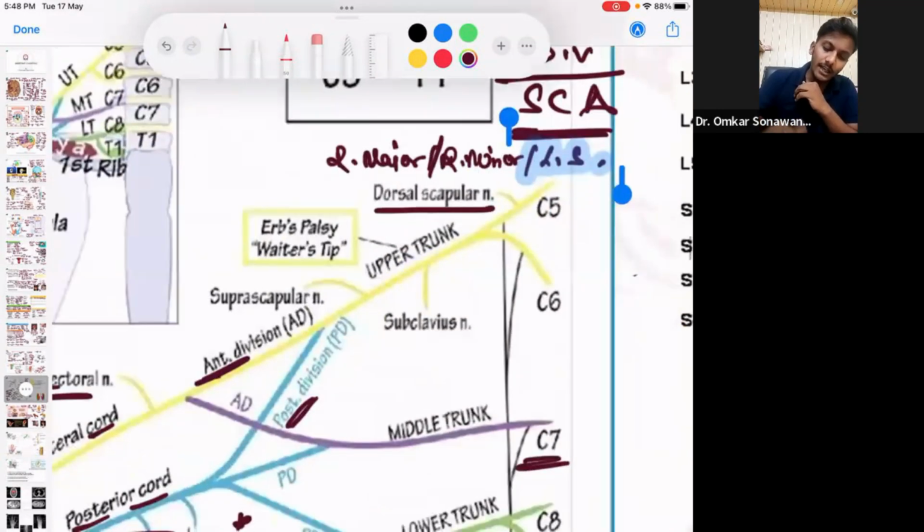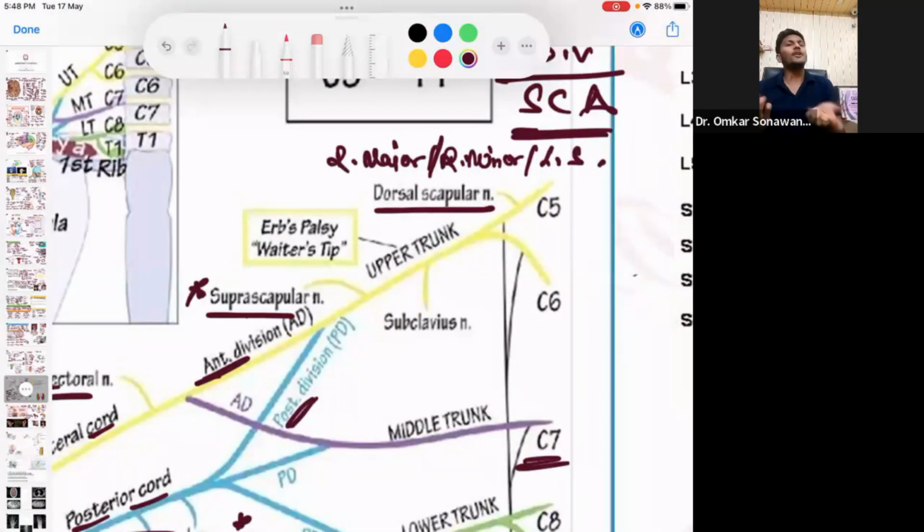Okay, important. Then the suprascapular nerve arises from the upper trunk, and this suprascapular nerve will innervate the supraspinatus muscle as well as the infraspinatus muscle. Okay, the supraspinatus and infraspinatus are usually on the posterior or the dorsal aspect of the